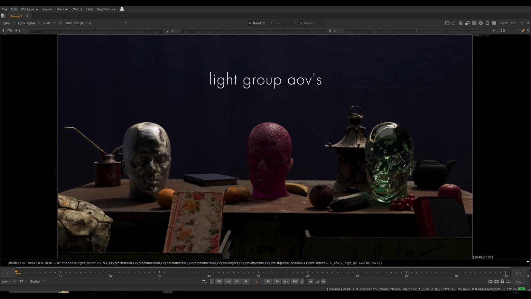And the second AOV set, or the second group of AOVs, will be the light group AOVs. Light group AOVs represent the contribution of any given light or groups of lights in your scene. Imagine this following scenario. You're standing in a dark room with a flashlight in your hand, and you turn the light on. And now you can, of course, see the room. How the room looks to you will depend on where you put your flashlight, how strong it is, and so on. Next, imagine you turn the lamp in the ceiling on, and naturally the room now becomes much brighter